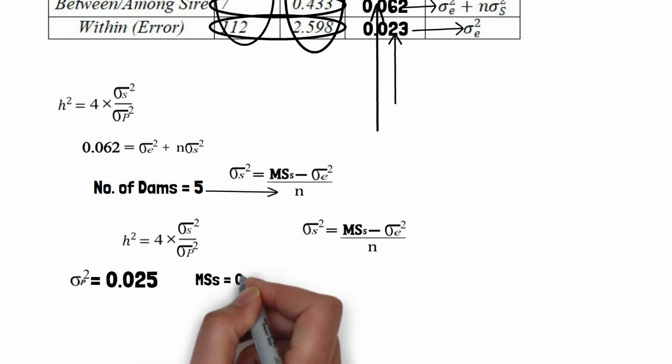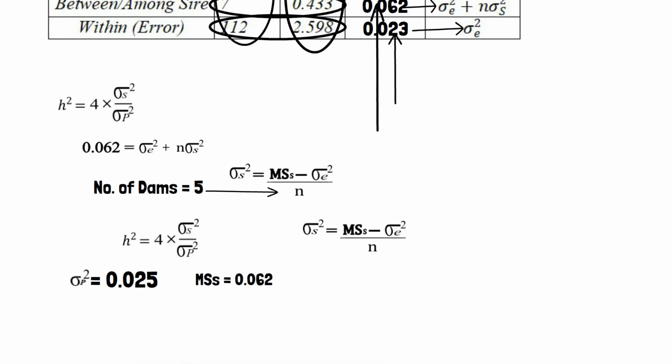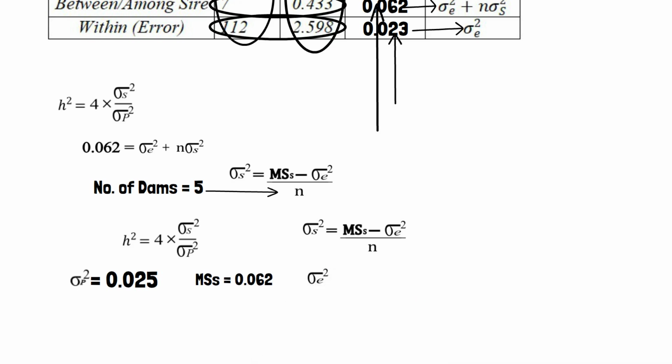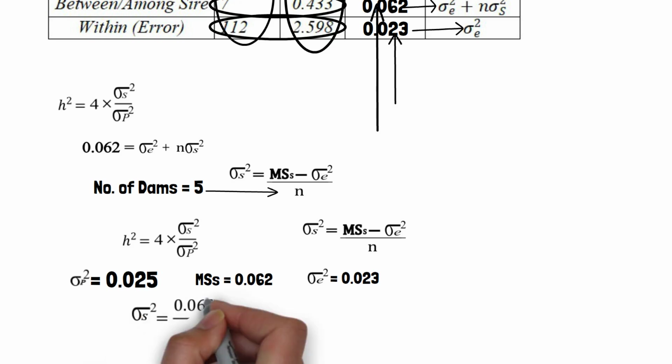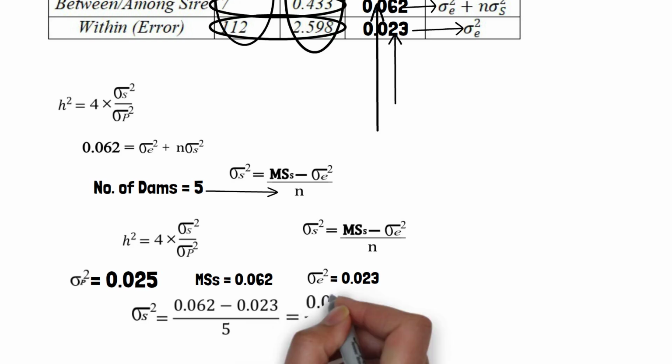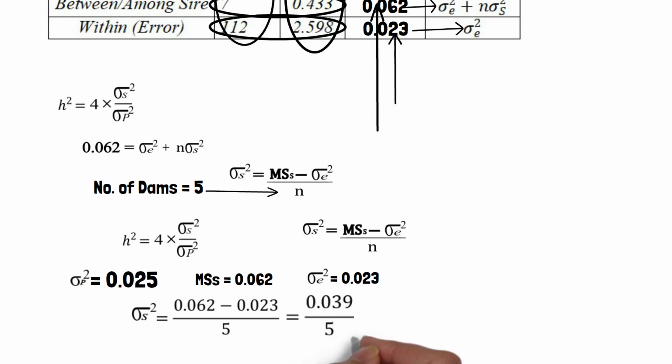Mean square for sire from the table is 0.062. The error variance from the table is 0.023. If we substitute the values in calculating the sire variance, sigma square s equals 0.062 minus 0.023 divided by 5, which equals 0.039